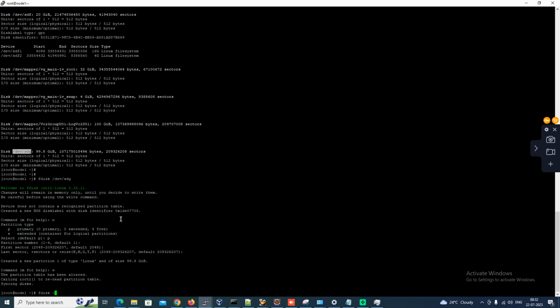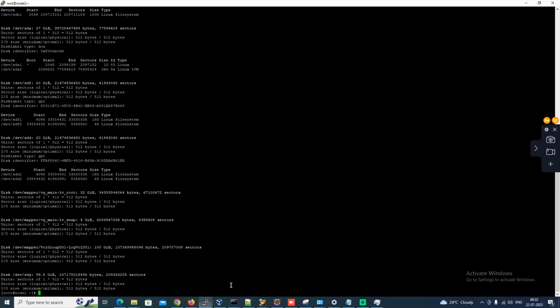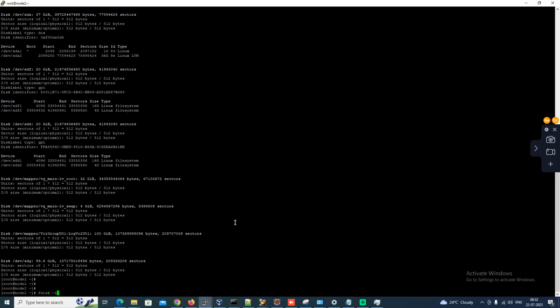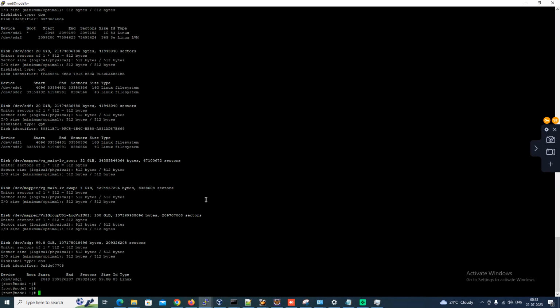So by now we should have a partition that got created for disk dev sdg. Yeah, we already have a partition that got created. Since this is a shared hard disk between the two nodes, the same should be reflected on node 2 as well. Yes, on node 2 also we need not partition it again as it is already shared. Now the next step is